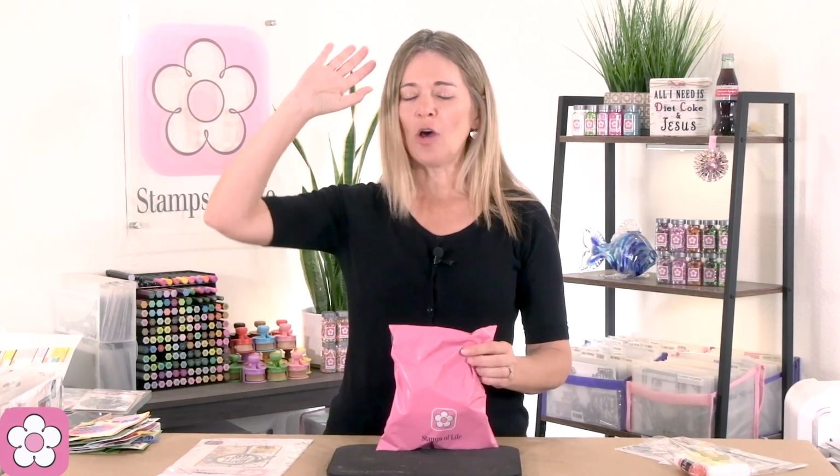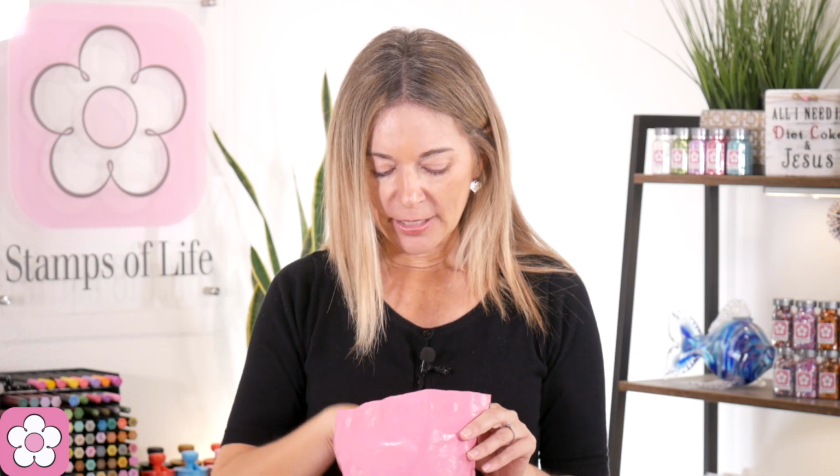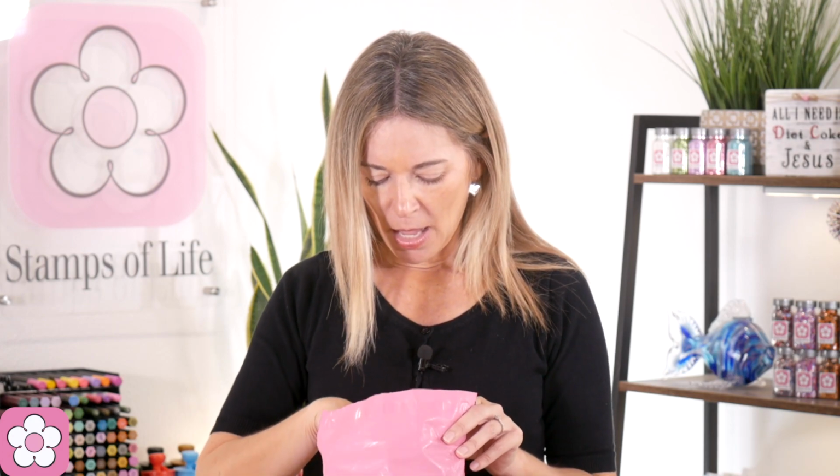We just need to get some more room in the warehouse. So Ken's like, nope, just put them in bundles of 10 and sell them as low as you can. And we just need to get them out of the warehouse. So that's what we're doing. 10 different ribbons in here. And let me just tell you, I was looking at this one saying, oh, I'm keeping this one because, ooh, I need that color. And oh my goodness, I haven't had that color in a long time. And ooh, I just ran out of this color. Ooh, so you never know what you're gonna get. So if you love ribbon, you could get 2. But I'm just saying there could be a couple of duplicates, okay? Now,